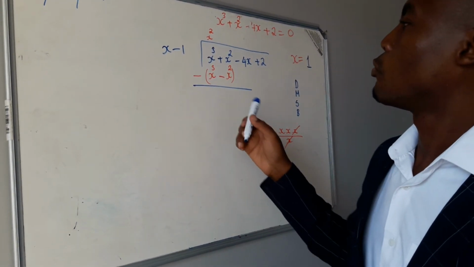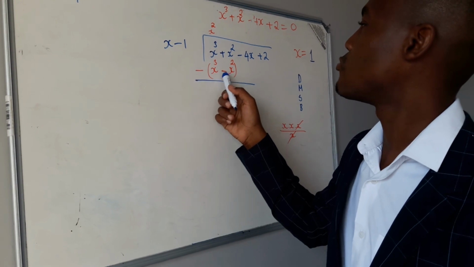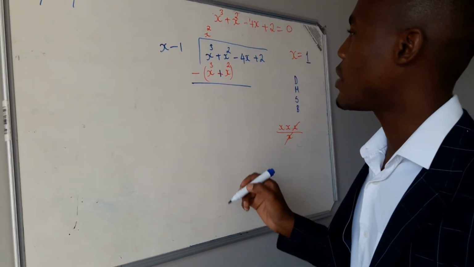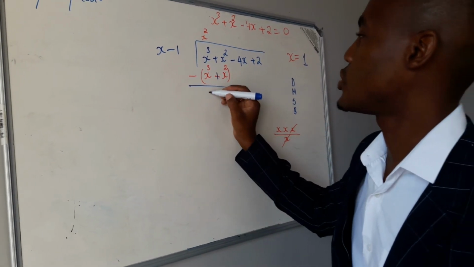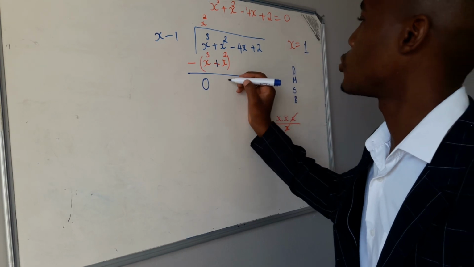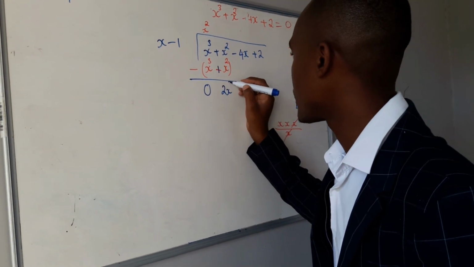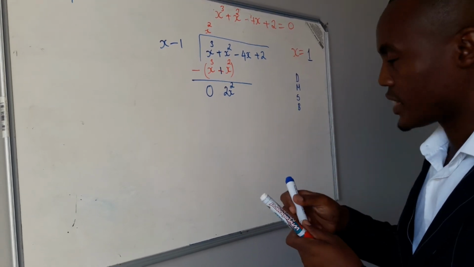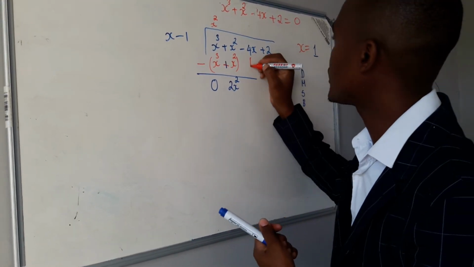In this case, we're going to have minus, making this minus a positive. So x to the power 3 minus x to the power 3 is just 0. And then we have x squared plus x squared, it gives me 2x squared. So let's continue. Then we bring down, it's the next step. So let's bring down our